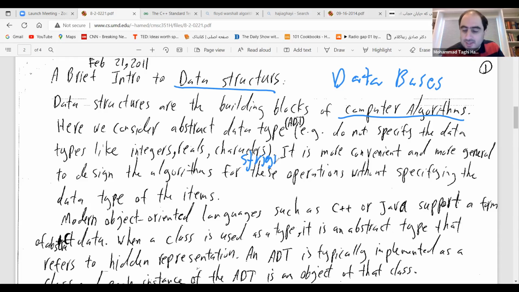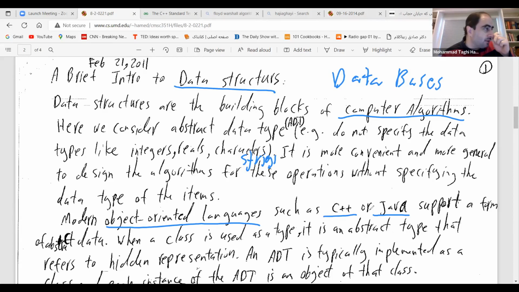Before, for example, a string was a bit different, and you needed to consider arrays, etc. But now even a string is something that is very standard in C++ or Python. The modern object-oriented languages like C++ and Java are also forming the abstract data type that we will actually discuss here. We will talk about STL in C++ a little bit, which is very useful to know,